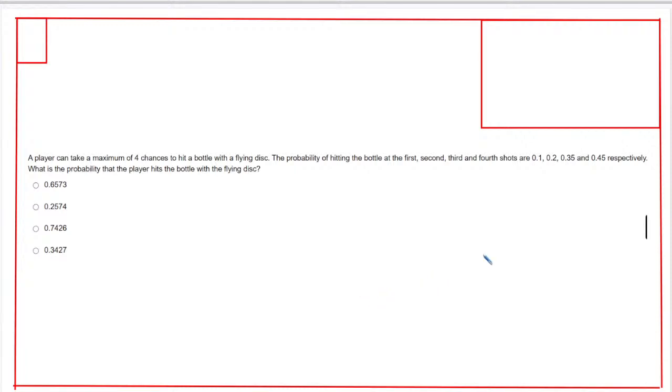Read the question and think that was sufficient. We can easily solve this type of question. Probability of hitting the ball at first, second, third, and fourth shots are given. We have to find the